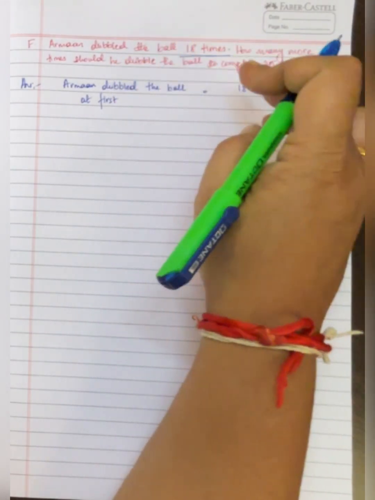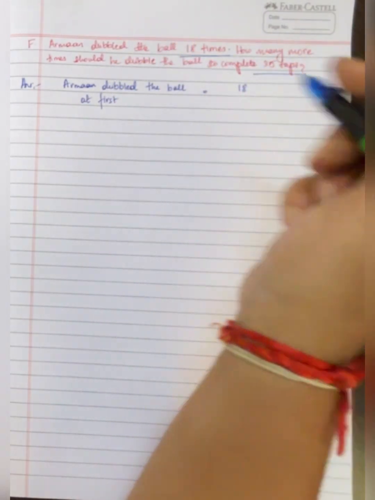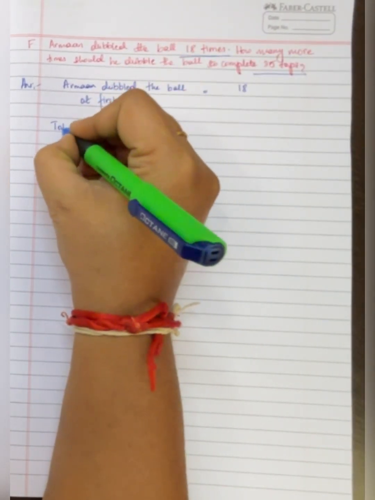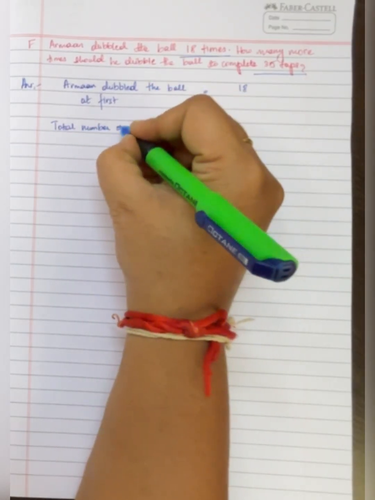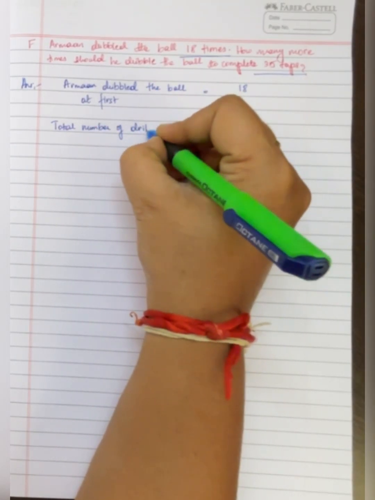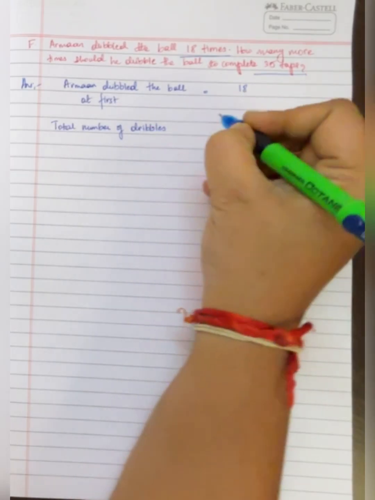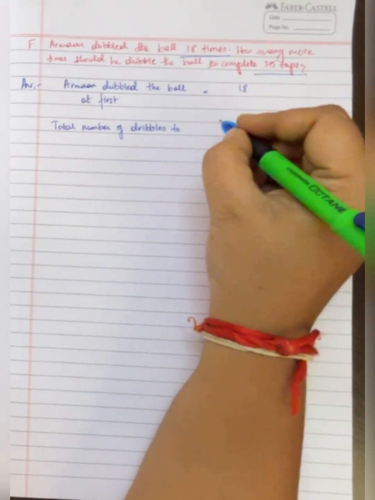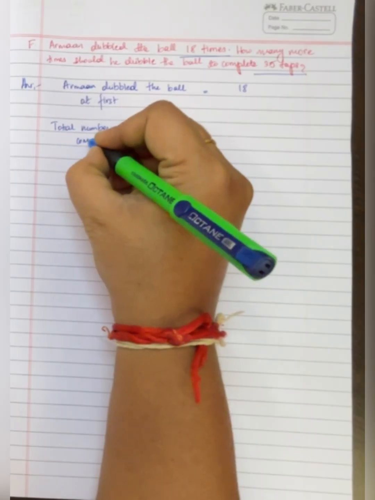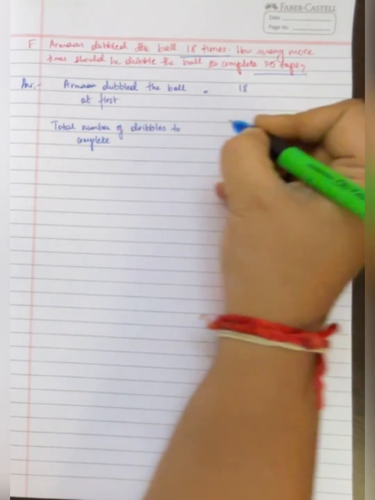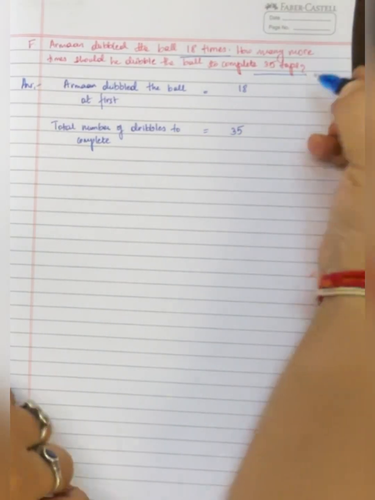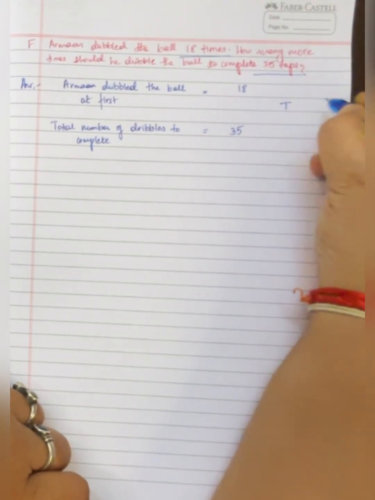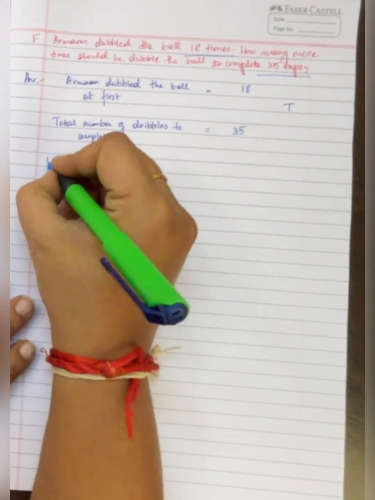How many more times should he dribble the ball to complete 35 steps? So, total number of dribbles to complete are 35. Correct. Now what we'll do is tens, oh sorry children, to find